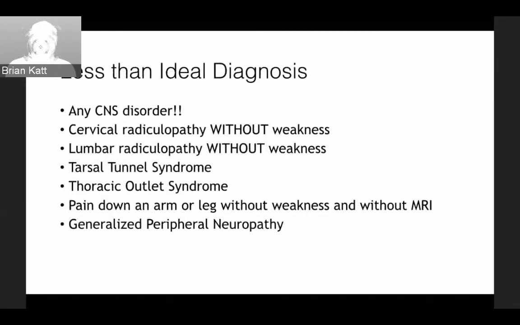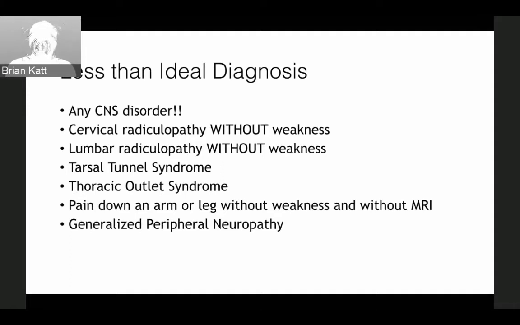Just to go back, radiculitis versus radiculopathy. Good. Let me explain that. Yes, that's an excellent question. So a true radiculopathy is where someone has pain down a limb, weakness, and sensory findings, so sensory abnormalities that correlate to a very specific nerve root with pathology on their MRI. That is what a true radiculopathy is. So a lot of times we, as practitioners, use the term radiculopathy inappropriately. A good example would be the patient with a big L4, L5 right paracentral disc herniation with a right foot drop,